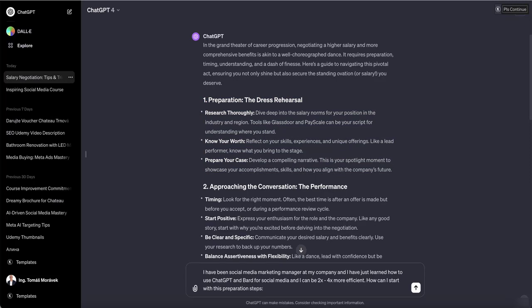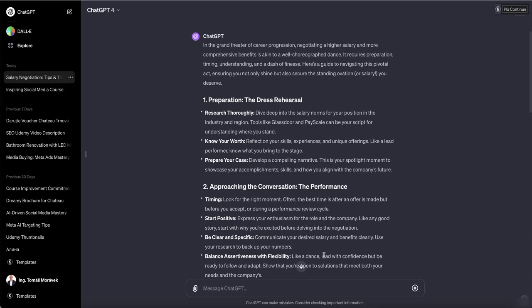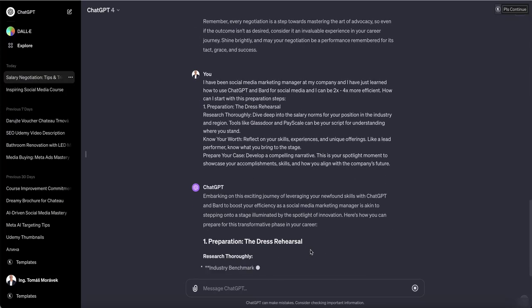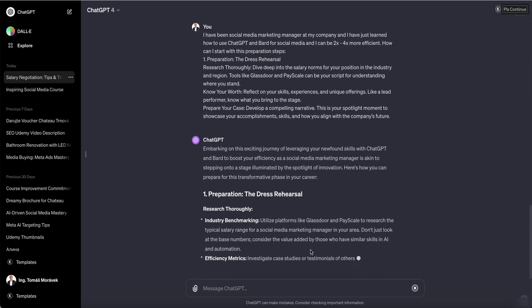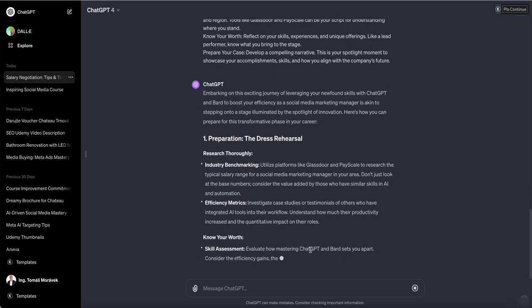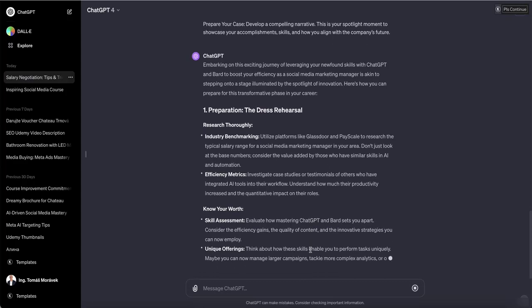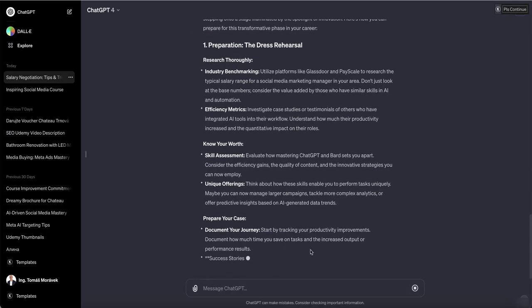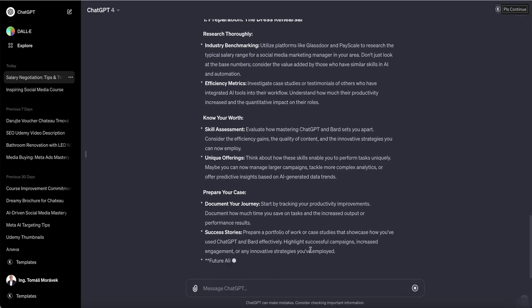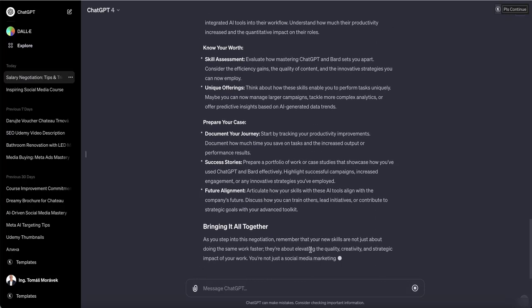And we can of course describe our situation and ask for more concrete steps. And then we can focus on metrics. It would be really good to have a look into our accounts, what benefits we are giving to the company, and what new skills we have just managed to learn.